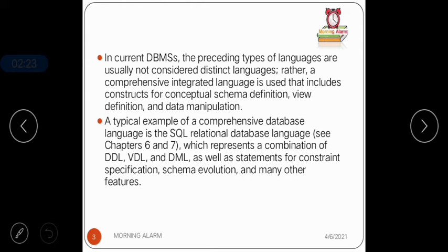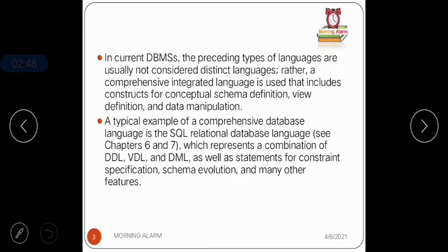In current DBMSs, the preceding types of languages are usually not considered distinct languages. Rather, a comprehensive integrated language is used that includes constructs for conceptual schema definition, view definition, and data manipulation. So now we are using comprehensive integrated languages.